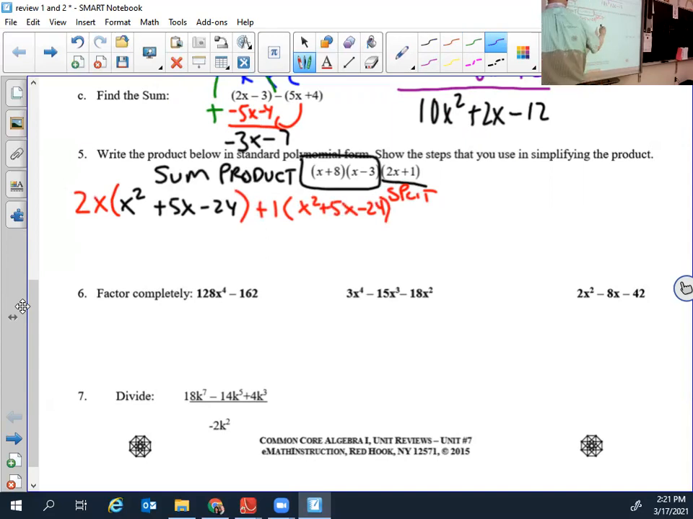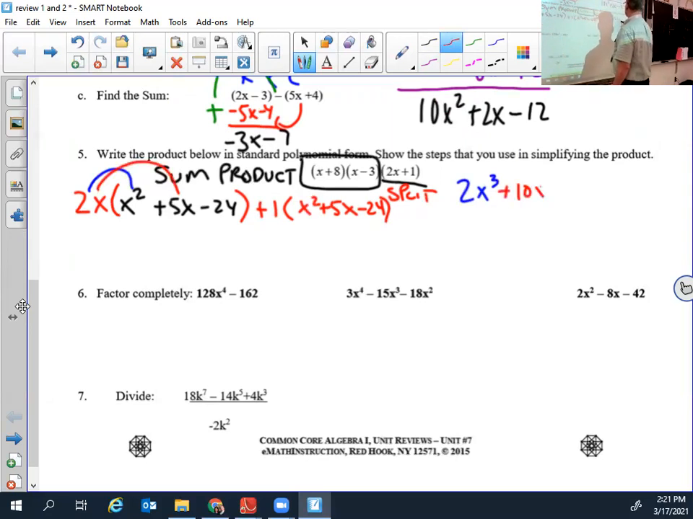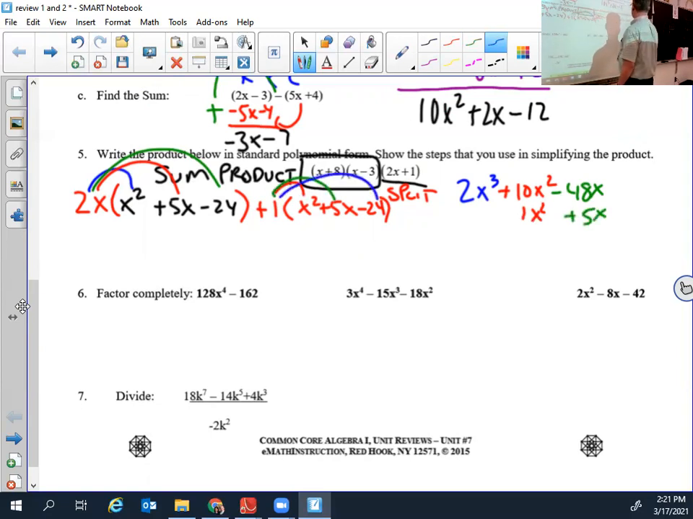and then a plus 1 here, and I'm going to put the x squared plus 5x minus 24 in parentheses. Now I'm going to distribute, I'm going to write it off to the side here because I don't have a lot of room. So I'm going to have a 2x to the third plus 10x squared minus 48x. Then I'm going to have a 1x squared plus 5x minus 24,